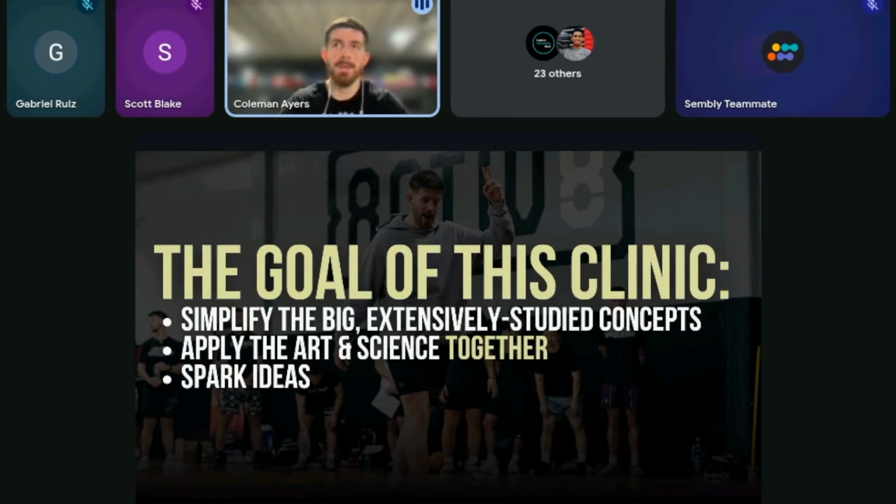So I want to study primarily the bigger ones and clear up some of those ideas for you guys. Number two, all of this is going to be seen through the lens of applying the art and the science together. So you're going to see some really practical examples of some of these things. It's not just, hey, here's the science, here's a bunch of research, here are all the studies, and go and try to do your best with it. No, it's going to be practical, and I want to spark ideas as much as possible.